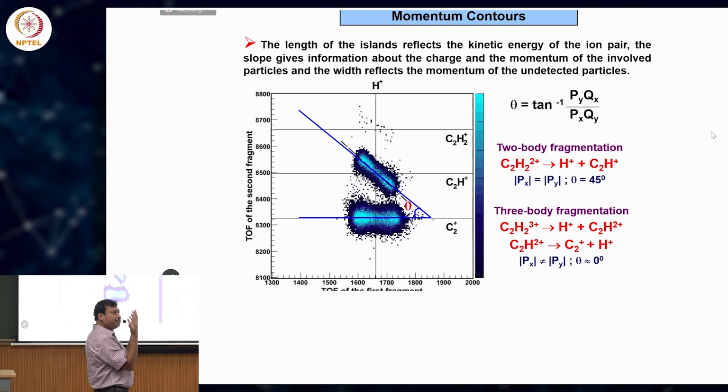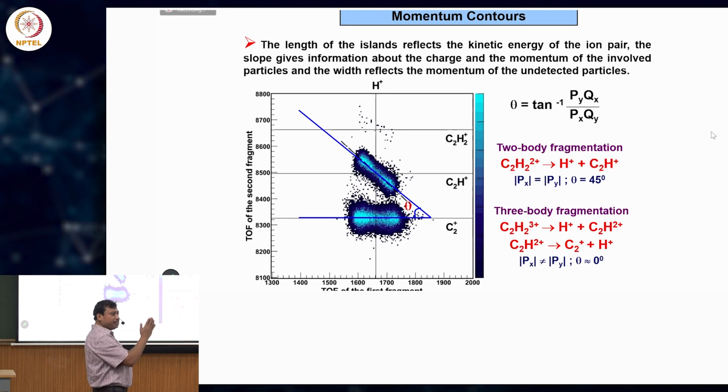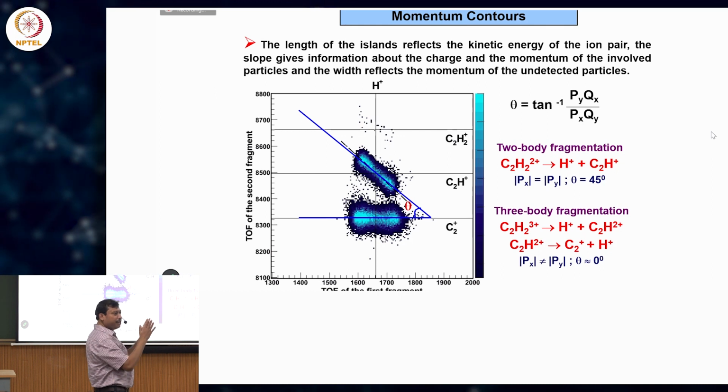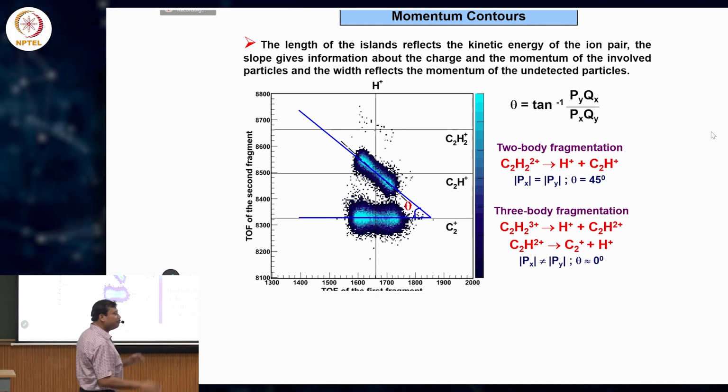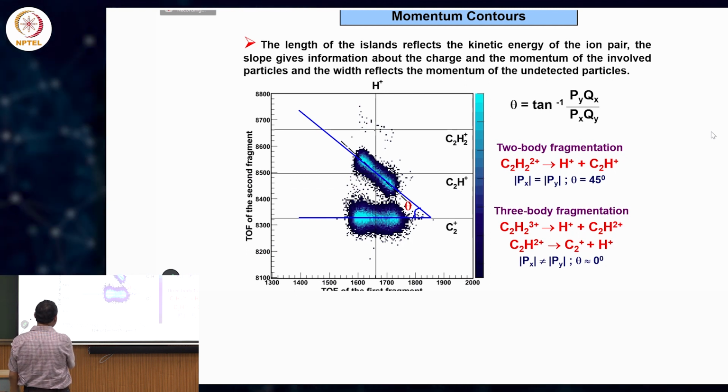So it's some kind of a concerted thing. If at least one of them breaks before, the other one will be pushed. But here both break apart at the same time and the central part does not move. That's why, if you project this C2 plus on this channel of the second fragment, there is almost no kinetic